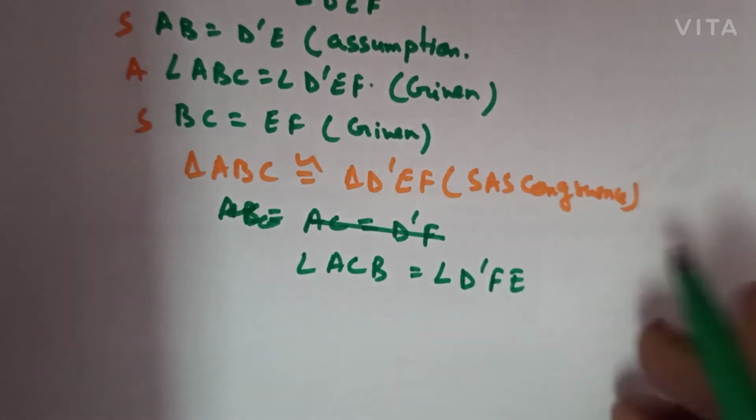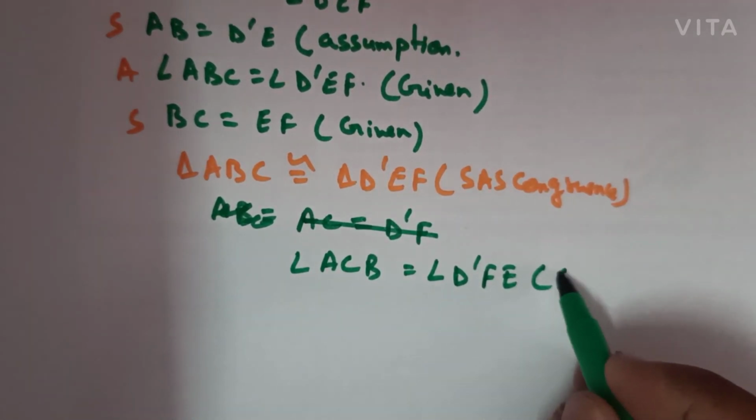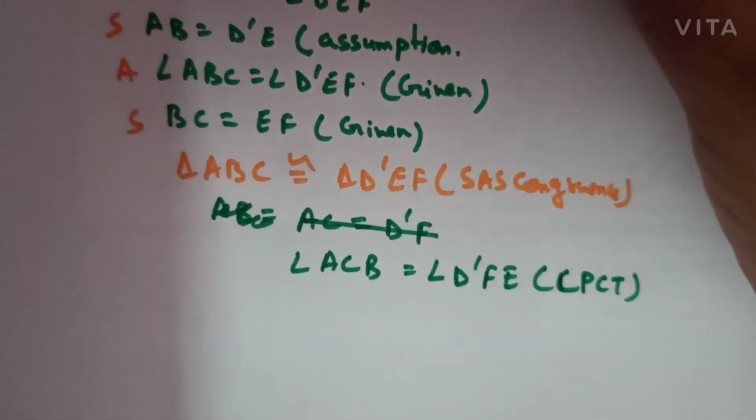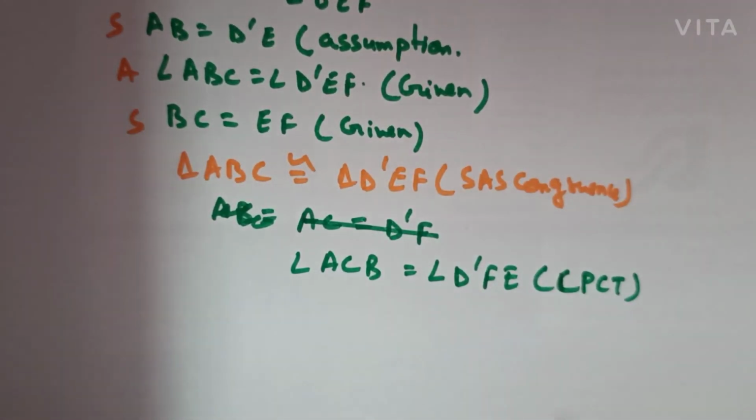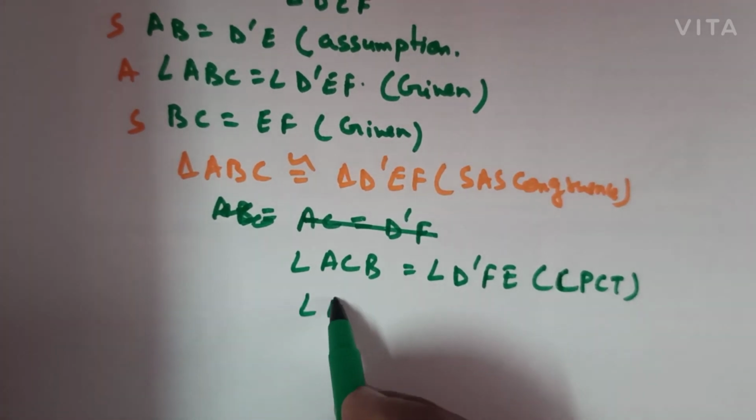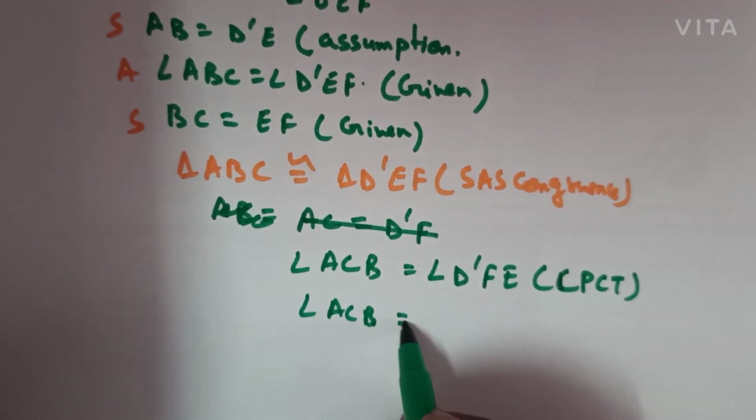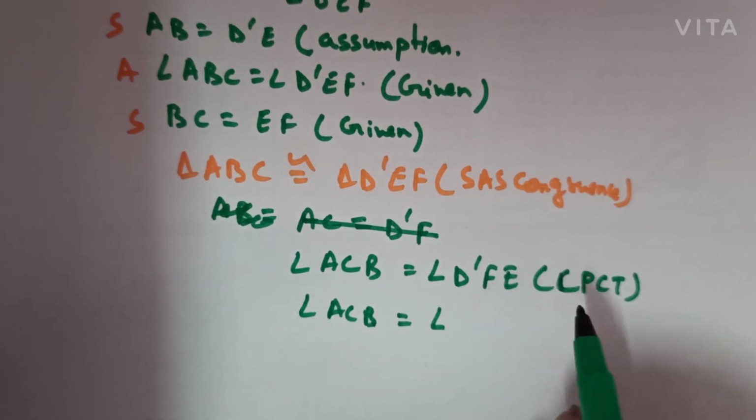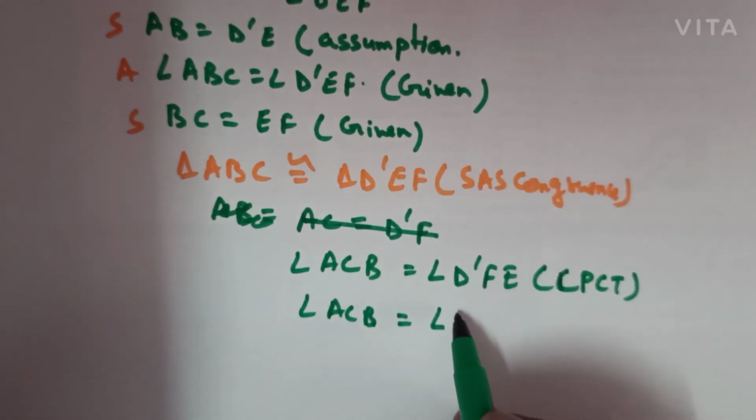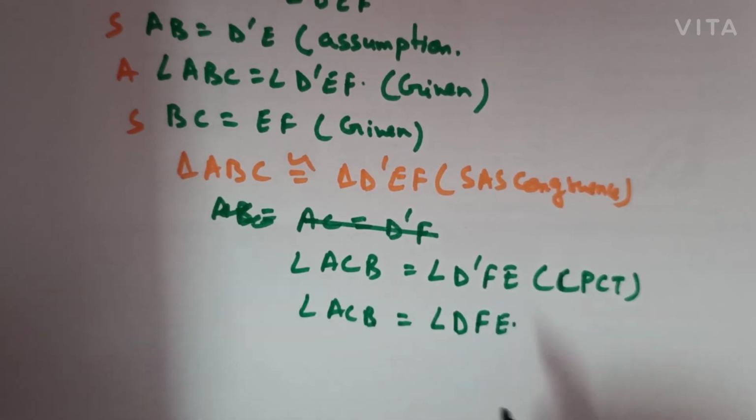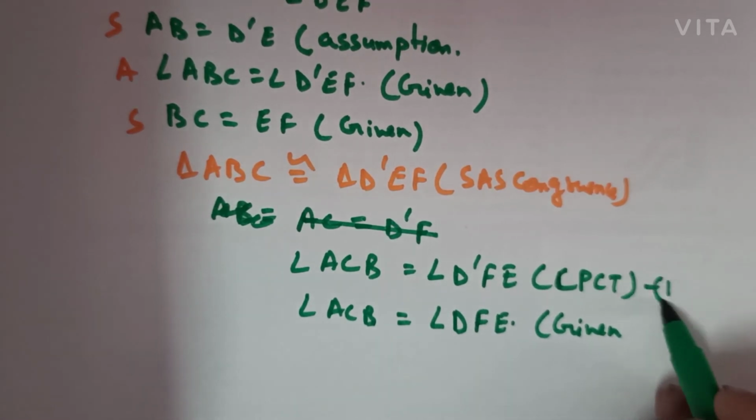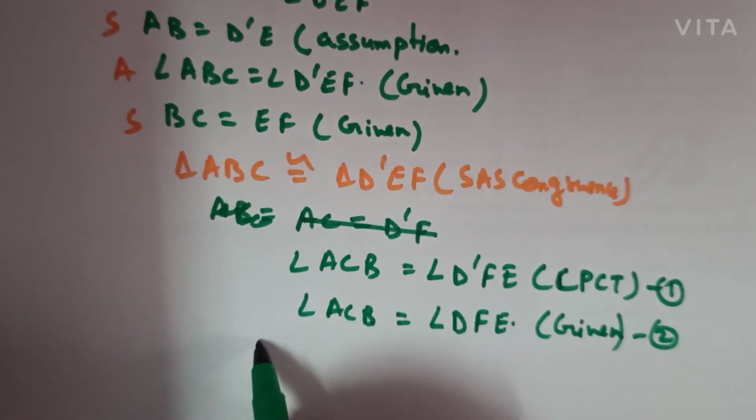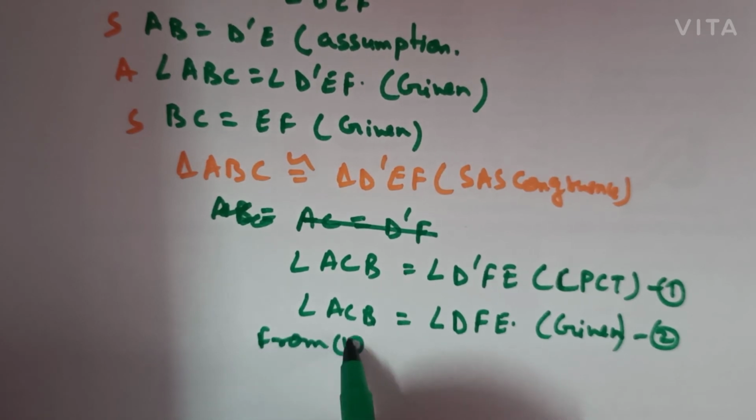ACB, by CPCT, we can say that angle ACB is equal to angle D dash FE, and we also know that angle ACB is equal to angle F. Angle C is equal to angle F as given in the question. So we can say that angle ACB is equal to angle DFE. So this is given. So by these two equations, that is equation 1 and 2, from 1 and 2 we can say that